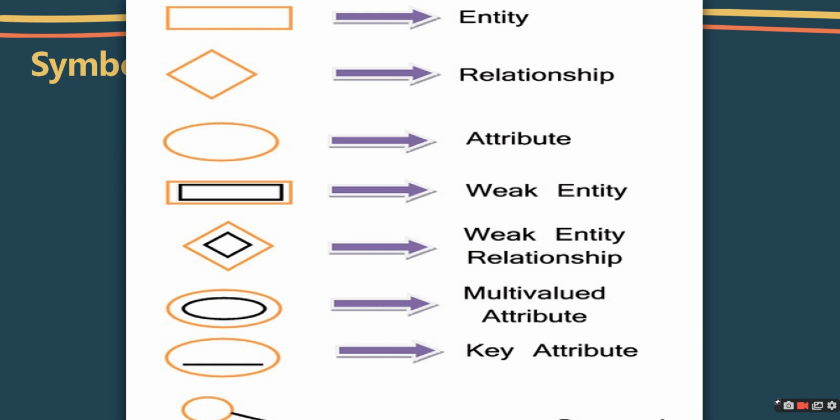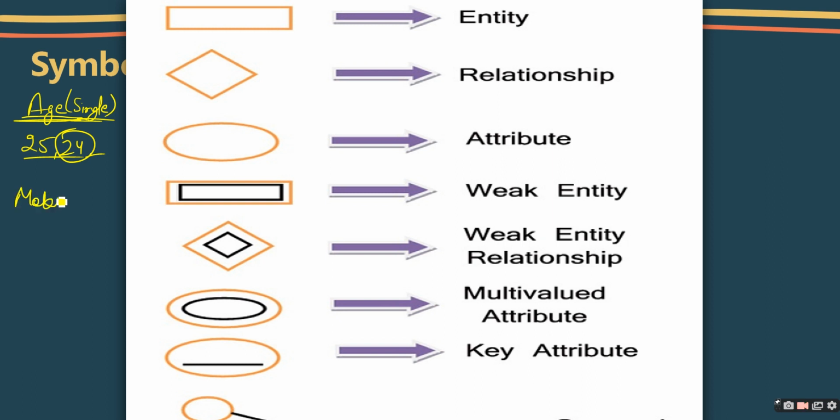So multi-valued means if one person has more than one value for that particular attribute, it can be termed a multi-valued attribute. Just in the case of age, is age a multi-valued or a single-valued attribute? Age is a single value, not a multi-valued attribute, because a person can have only one age, whether it is 25, 24, anything, right? But only one value at a time. So age is a single-valued attribute.